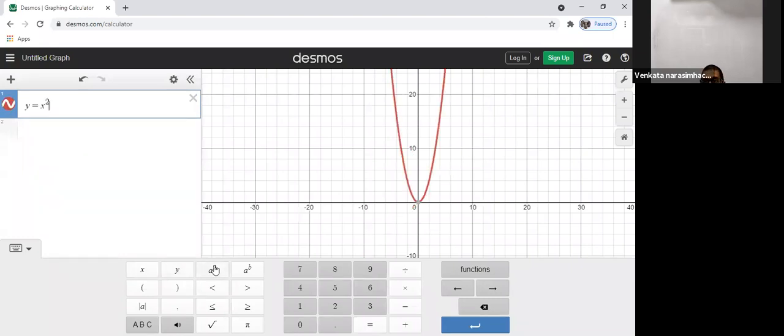Suppose you want to draw a parabola, x square. This is a parabola. A parabola will not have a constant slope. The slope will keep changing at different points. Now, we actually learned how to evaluate y equal to x square in the previous class, delta y by delta x, delta x tending to 0.